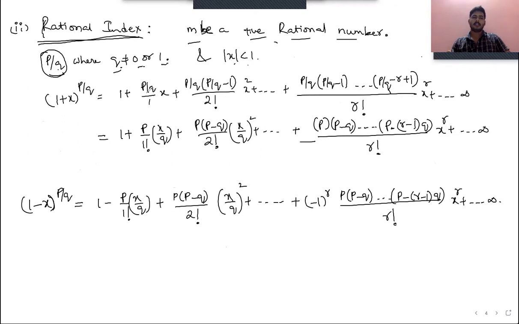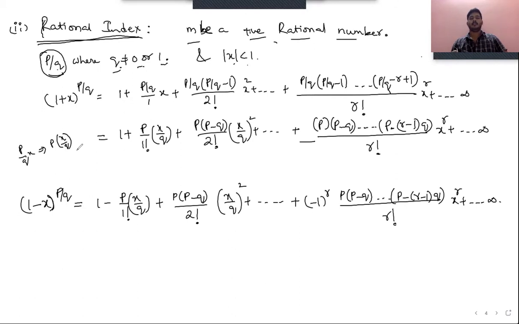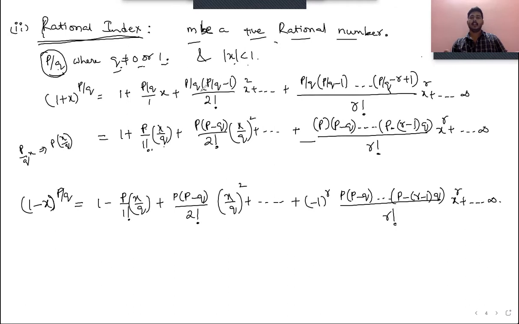So this can be written as p by q into x, right? And this can be again written as p into x by q, right? So we have done the same thing, p by 1 factorial into x by q. And if you do the LCM, it will be (p minus q) by q. Then p into (p minus q) will be in the numerator. Both the q's can be multiplied to give q square, and that can be taken into the x term, that is x square by q square, that is (x by q) whole square.